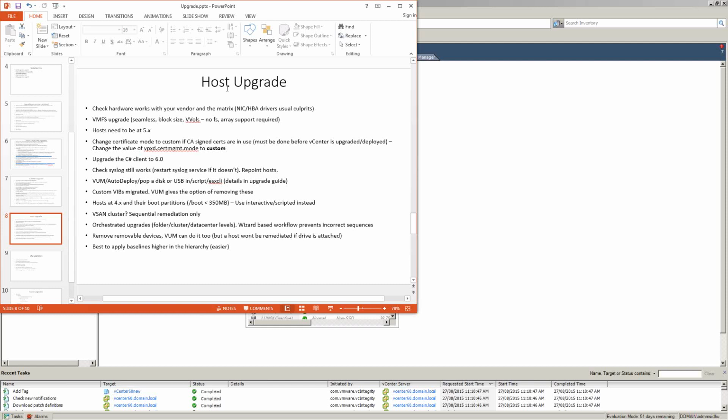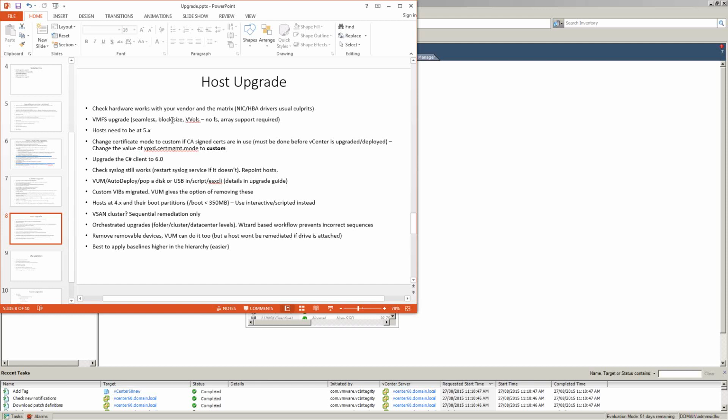With the host upgrade, after you do the host upgrade, you'll do a VMFS upgrade too. The VMFS upgrade is seamless. There's no downtime to any VMs. Just make sure that if you move from a VMFS 3 to 5, the block size remains unchanged, and that's a thing to keep in mind. In VMFS 3, it used to let you have 3 or I think 4 kinds of block sizes.